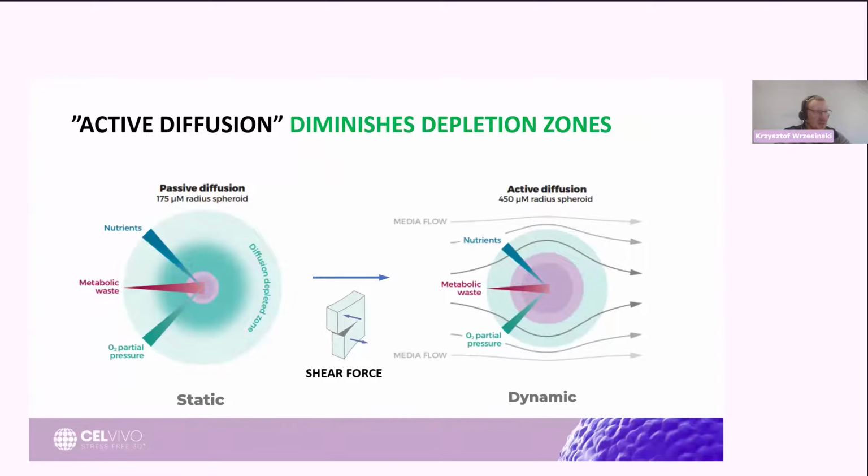To address this problem, quite often we introduce the media flow to get rid of this diffusion depletion zone, and that's the way we go from static to dynamic cultures. However, introduction of the media flow also introduces increased shear force, which affects our culture. And unfortunately, often when we use our technologies, we introduce shear force which exceeds many times any physiologically relevant values